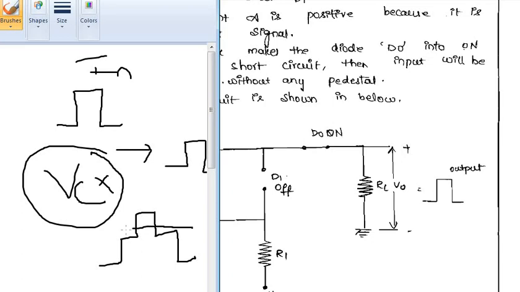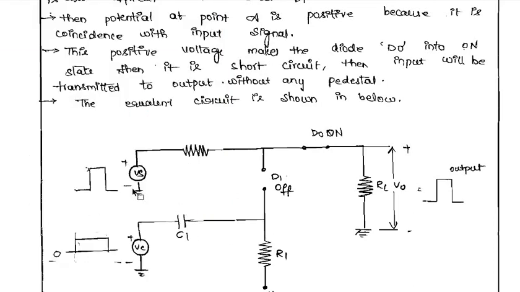So this was your control signal, correct? So this was your pedestal, right? This was the control signal that we got as a pedestal. So now by using this particular circuit, we have removed the pedestal completely and obtained the same input as an output. Clear? I hope you are clear with this part. Input, the same as an output you have got over here, and we are not getting any kind of control signal. So your pedestal has been completely removed by using this circuitry.